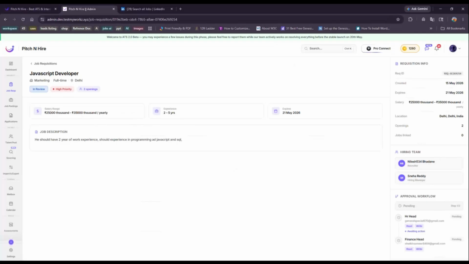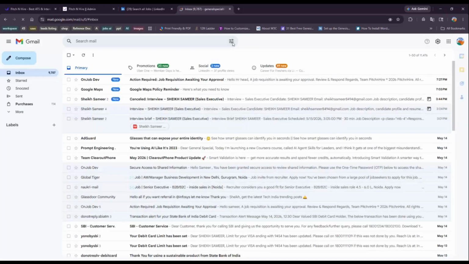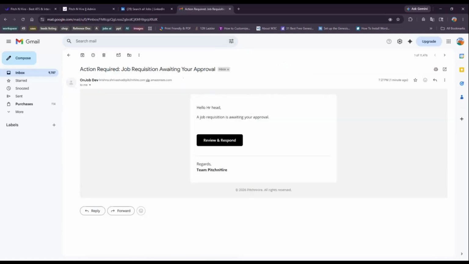So basically the system will automatically send the requisition details to the first HR head in order to approve that. And let me show you how that notification looks like in their email. Let me open my email first. Here you can find I received an action required, job requisition awaiting your approval. When I click on that, review and respond,